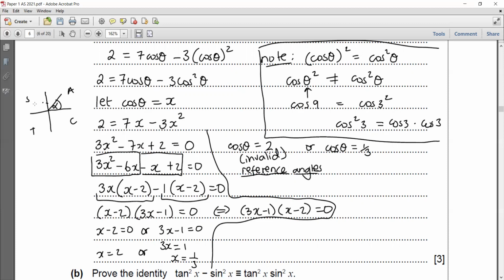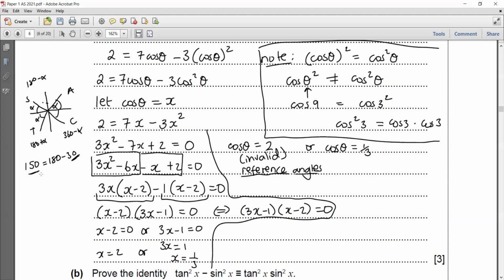Then an angle in the second quadrant, you would write it as 180 minus alpha. Then in the third quadrant, you'd write it as 180 plus alpha. Then in the fourth quadrant, you'd write it as 360 minus alpha. So every single angle has a reference angle. So for example, 150 is in the second quadrant. So that means I must rewrite it as 180 minus something. So 150 is 180 minus 30. So 30 is the reference angle of